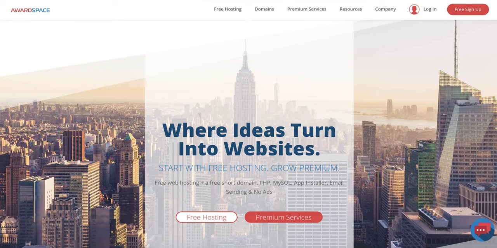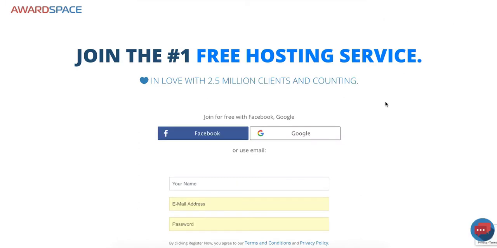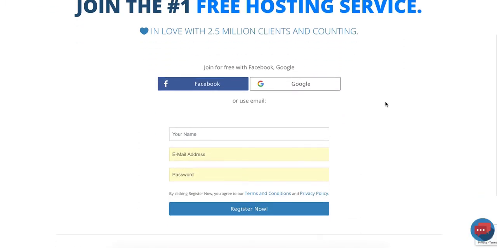The first thing you have to do is come up here and do a free sign up. You can use any email you would like. You just have to put in your name, email, and password and register. Once you register, the system will send an email verification. Go ahead and open that link, verify the account, and then you should be able to go back here and